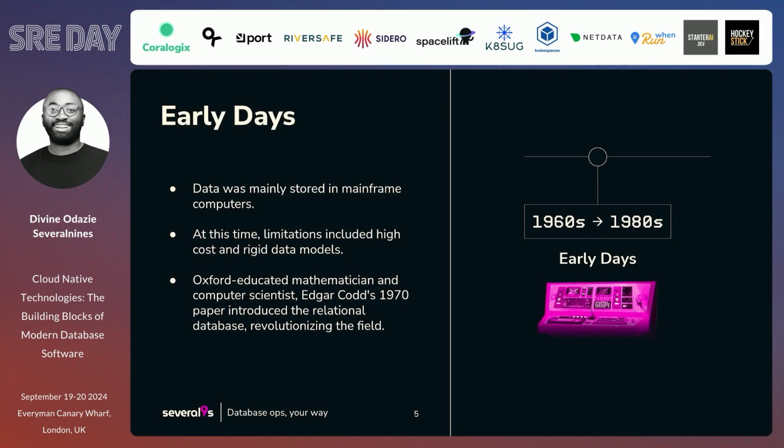As we scale database deployments. But then again, in these early days there was a rigid data model and also challenges with cost, and it's quite expensive to host data on mainframe computers, right? And to solve these problems, I think it's an Englishman that proposed the idea of relational databases, right? And that brought about the way we structure data today. We see from relational database to NoSQL, and there are different types of database architectures, right? And also several advancements in technologies that brought about smaller servers, and you can host a database on your computer, and several other advancements, right? And that's where we come to Kubernetes as we go on to containers.